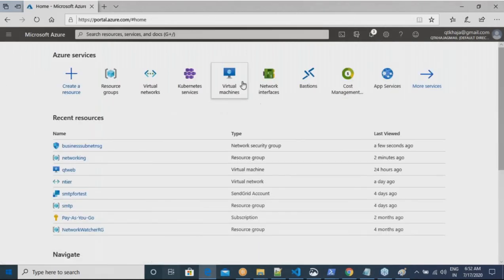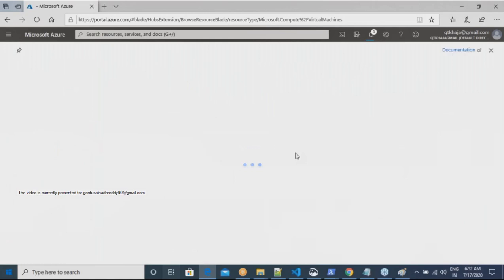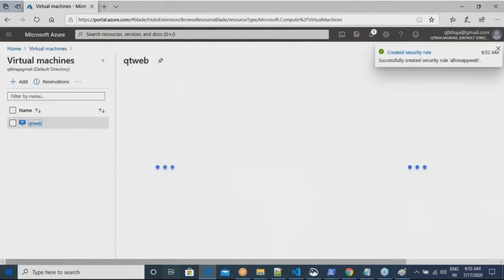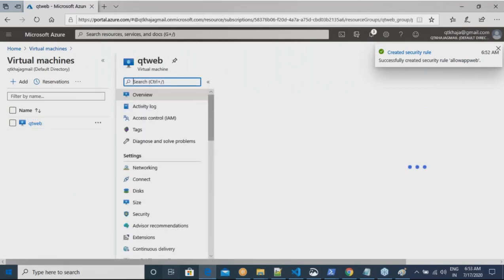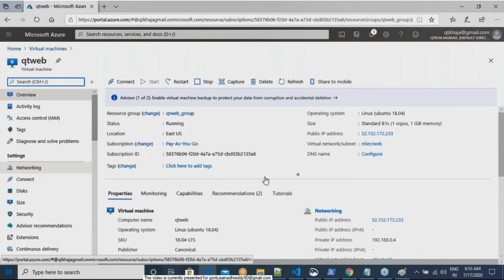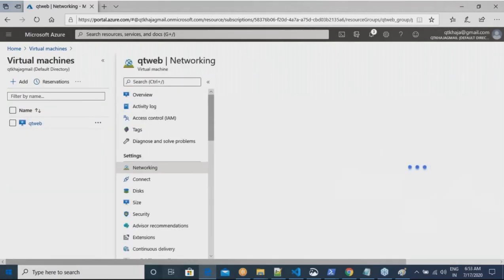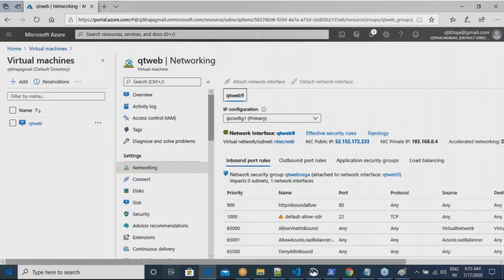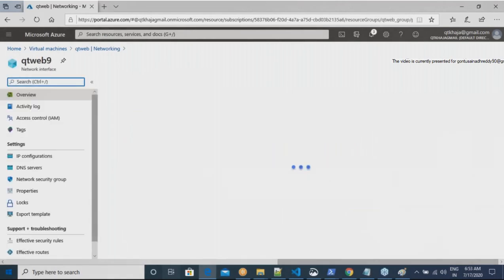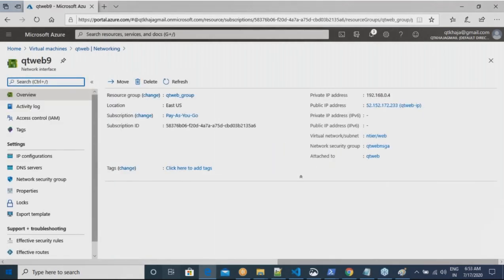Now, when I get into virtual machines, we all know that a virtual machine will have some kind of network interface card. Am I clear on this? This is the network interface. Let me go to the network interface of this. Are you seeing this network interface card?